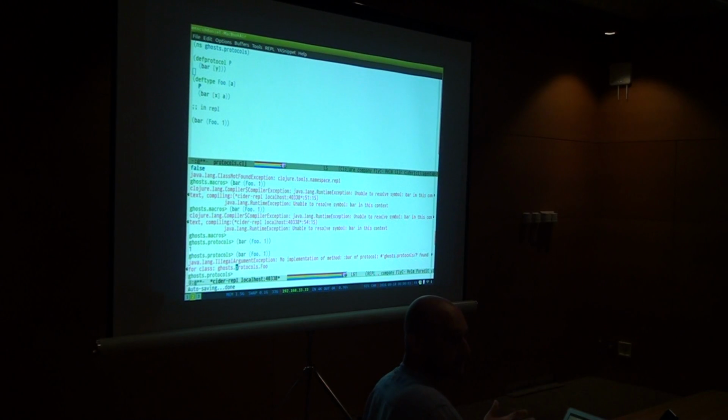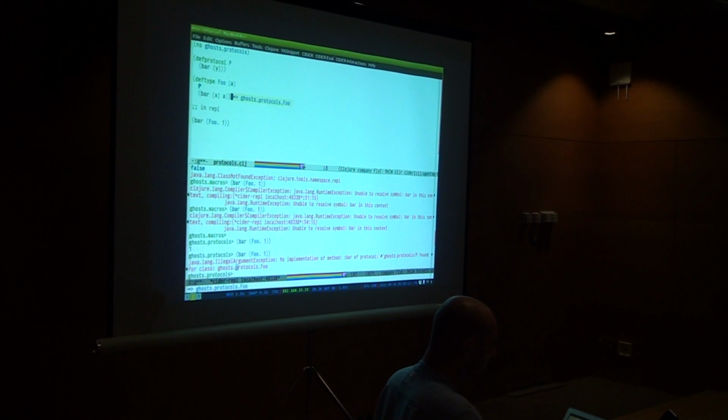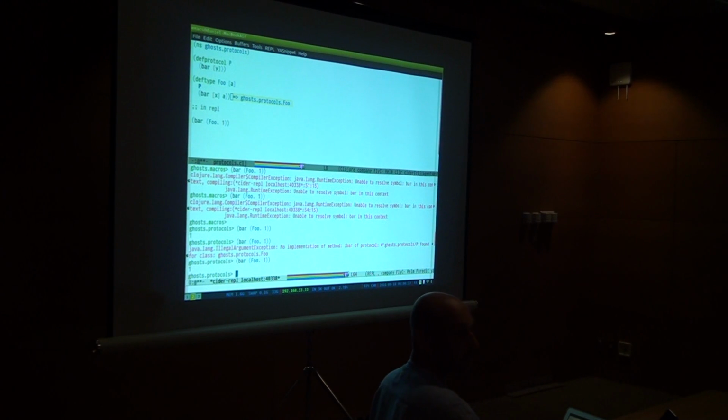Whose problem is this? Is this the language designer's problem, or the user who needs to know that if he wants to correct this error, he also needs to compile any record or type that implements the protocol to resolve the problem? Okay, so that is definitely something that an interactive environment can solve,